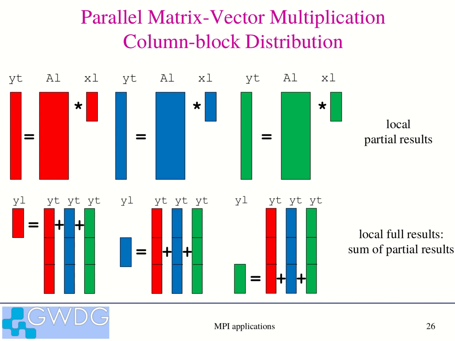You can do in the first step on all processes just the multiplication of the column block times the local input part, and get a result vector, which of course has the length of the total number of rows of this column block. This you can do on every process,